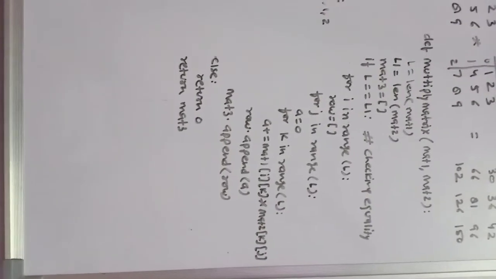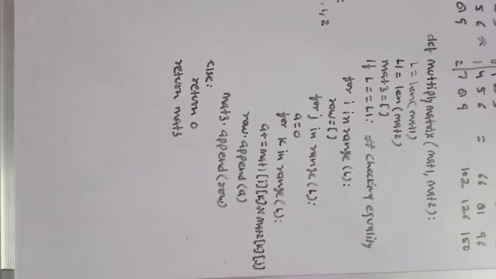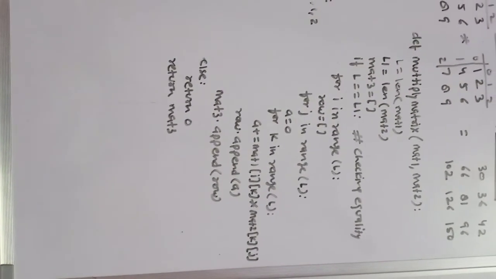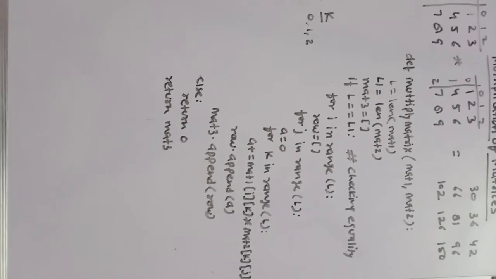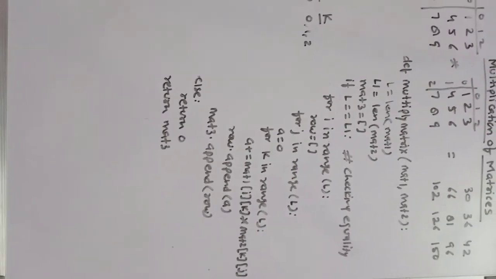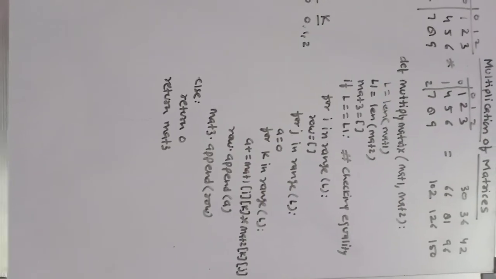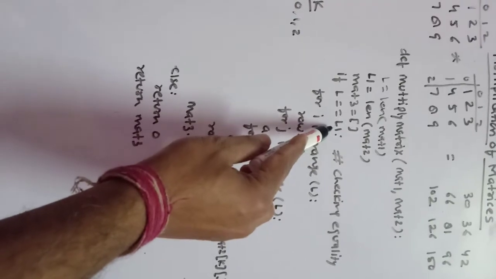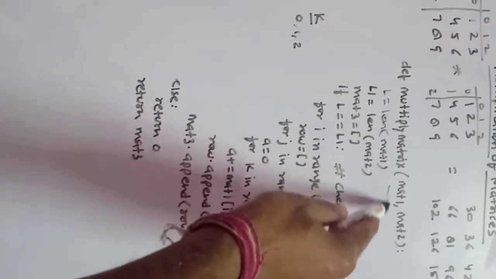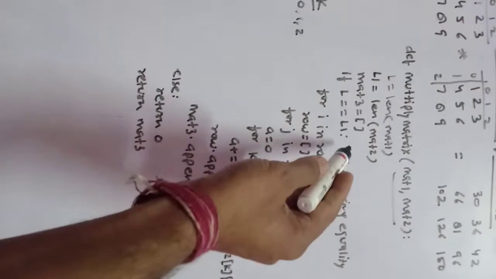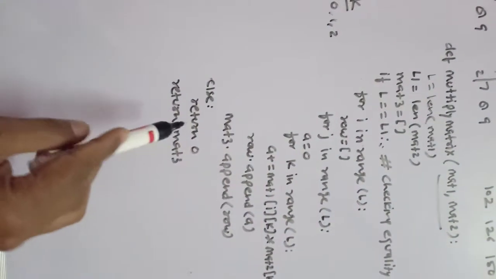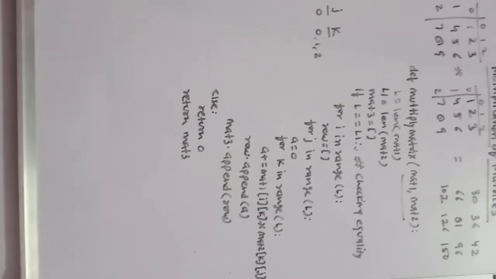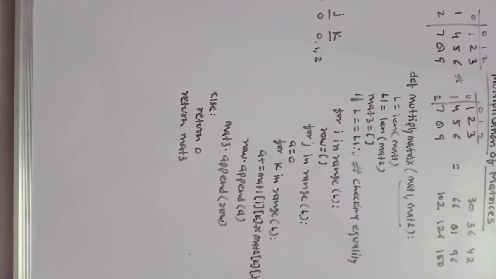Initially, all the loops are rotating with the same values as the size of the matrix given. One thing more, the matrix must be equal, so the condition is placed to check whether the length of both the matrices mat1 and mat2 which are passed here are same or not. If not, we are going to return 0 from here, so that in the calling area we can show that if 0 is returned, the matrices are not equal, so multiplication cannot be done.